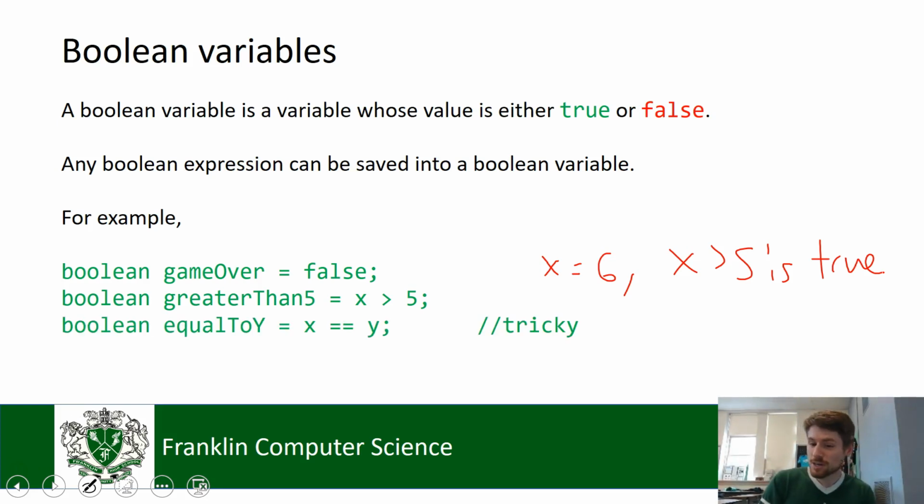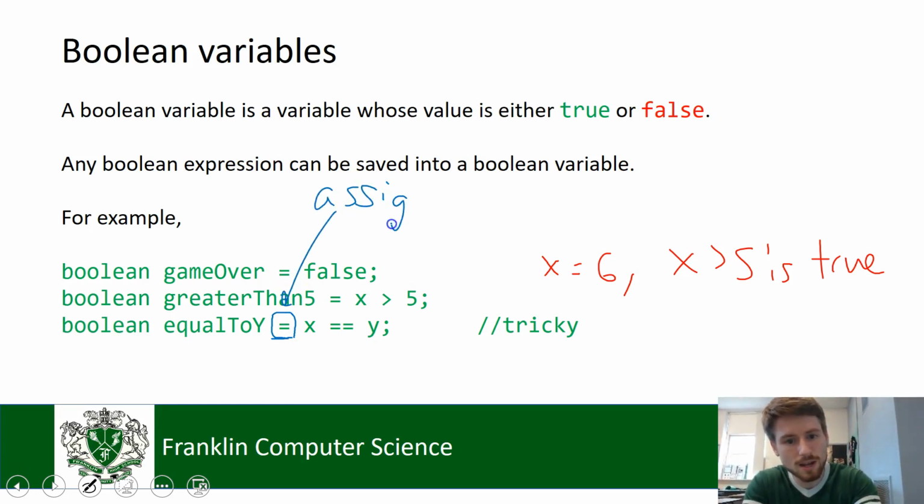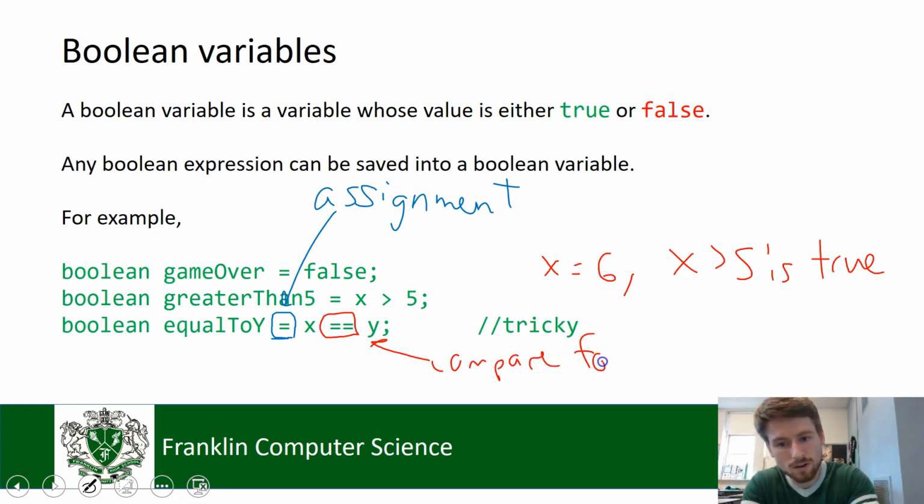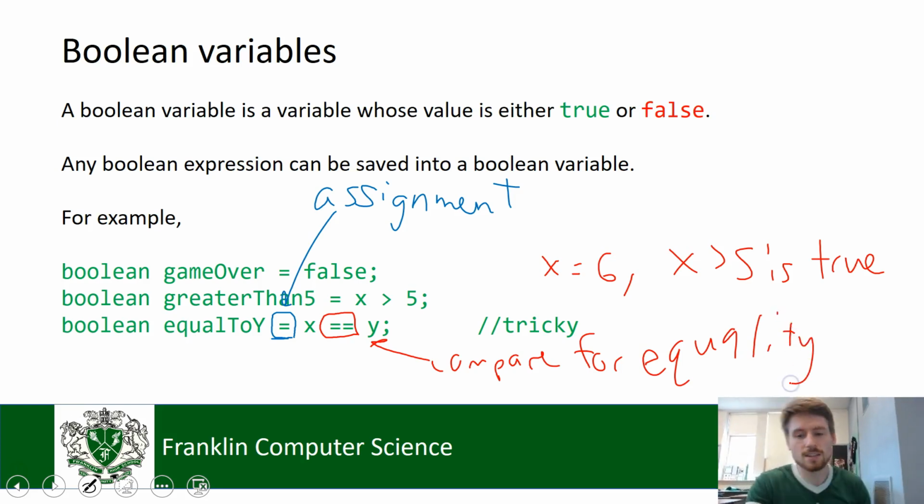Equal to y, this one's a tricky one, and I wanted to show it to you because we've got both the assignment equals. So this is the assignment equals. I'm going to use some colors to highlight them. So this one's assignment, and we have the double equals, which I'll use in red, the double equals, which means compare for equality. So the double equals checks if x and y are the same number, and then if they are,